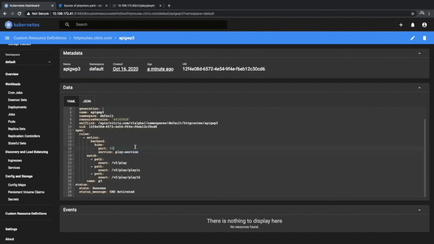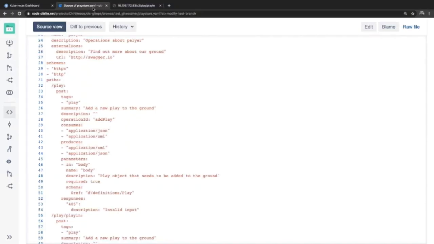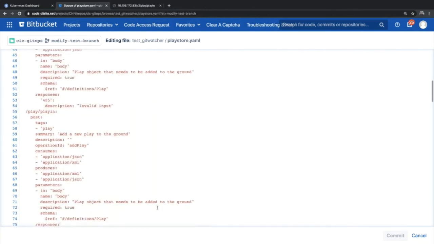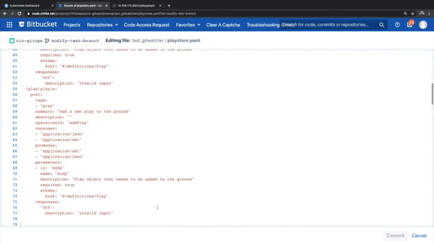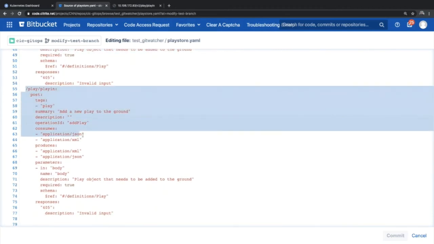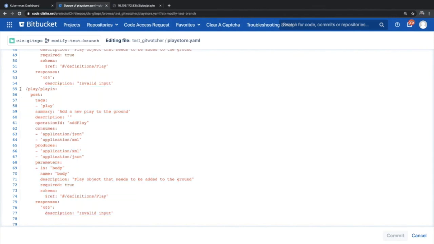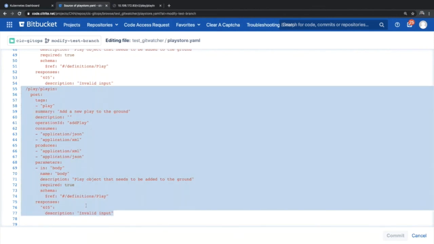Now, let's look at two different use cases here. Let's say we are talking about a use case where a developer is continuing his development. Now he wants to add one more API to his API spec. In the interest of time, we assume he has already written the code and the image is already deployed, but he is yet to add this API into the spec file.